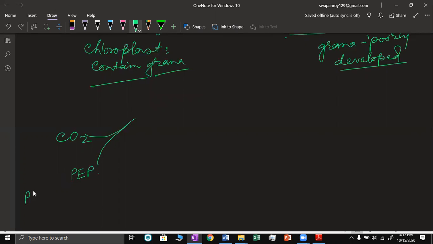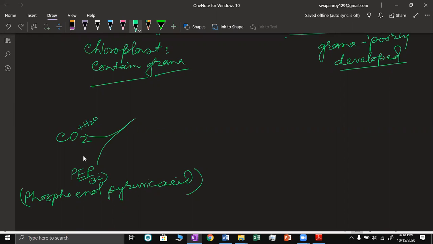This is what? Phosphoenol pyruvic acid, or pyruvate. This is a 3-carbon compound. This 3-carbon compound PEP absorbs carbon dioxide